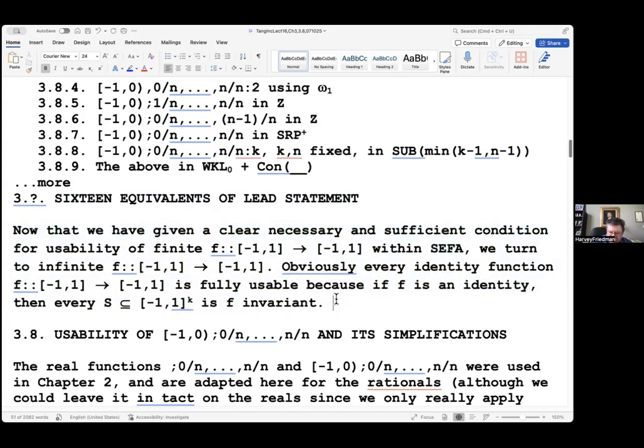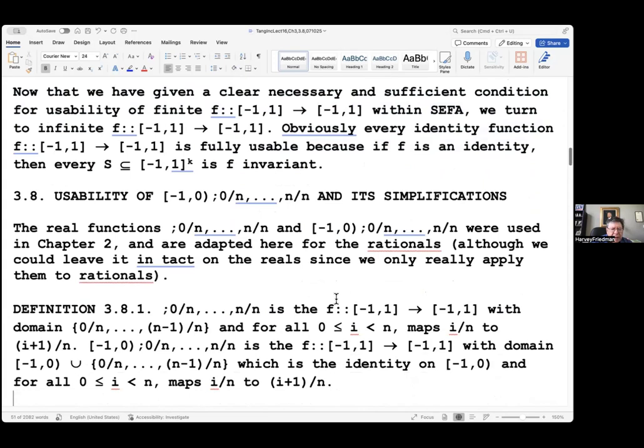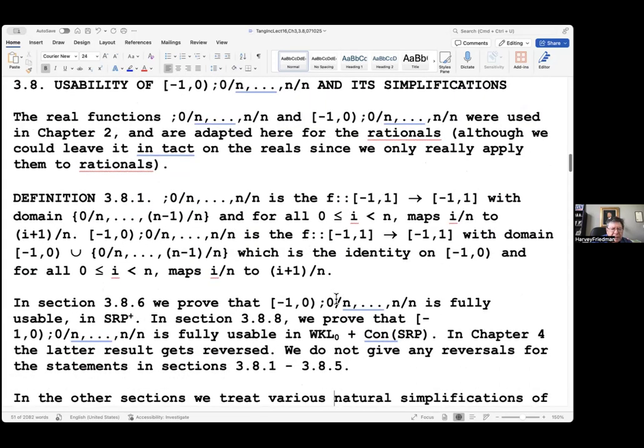All right, so now we're going to start. And this is all review that we did. What these functions are, they were already used in chapter 2 when we did just some core math. But we did it there with the real numbers, and now we just use rationals. But you could actually avoid doing that because we only use rationals in the application. So that's an expositional matter. But officially, we're just going to say that these functions now are declared to be purely rational functions when they used to be real functions.